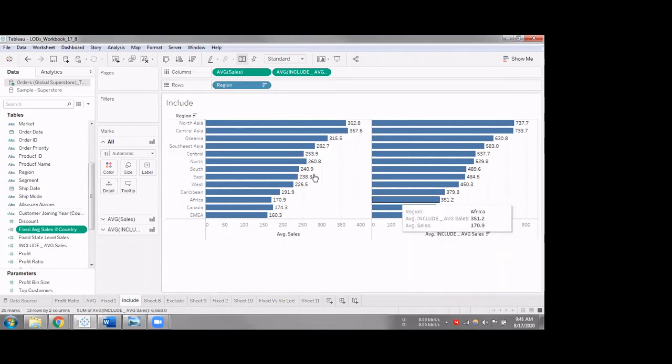Now this average sales is similar to the one we saw earlier. It works at a data source level. So basically it divides the total sum of sales as the numerator by the number of records in the North Asia region. This we know, but let's say I want to know the average value of